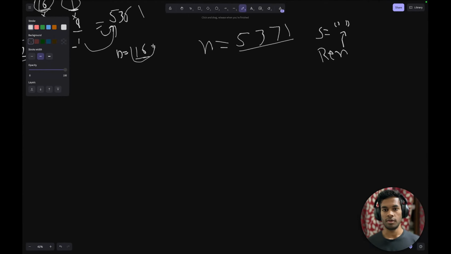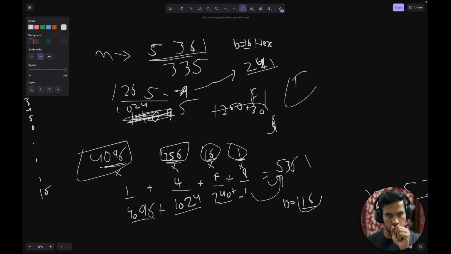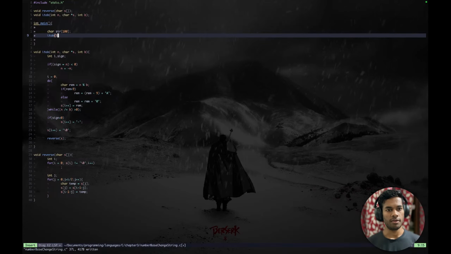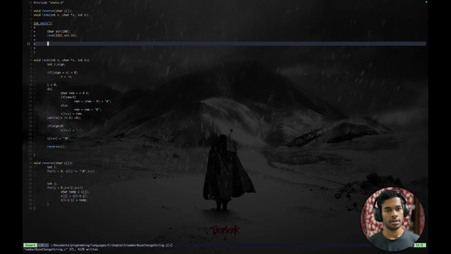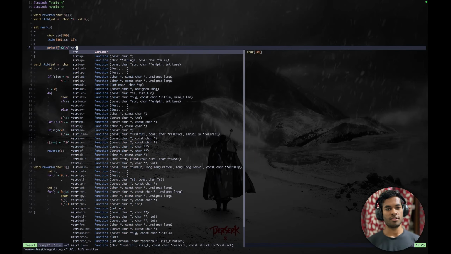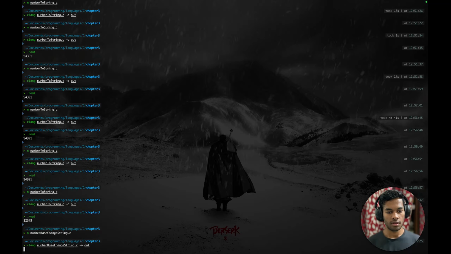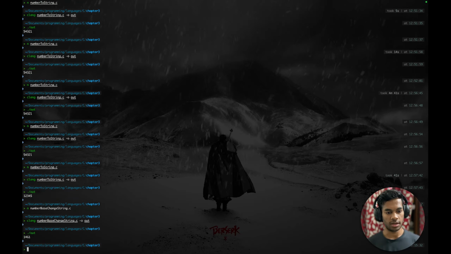Let's use the number that we took for our example, 5361, and string is this, and the base is 16, and then just printf %s new line and str. Let's see, send the output to a.out, and let's see,